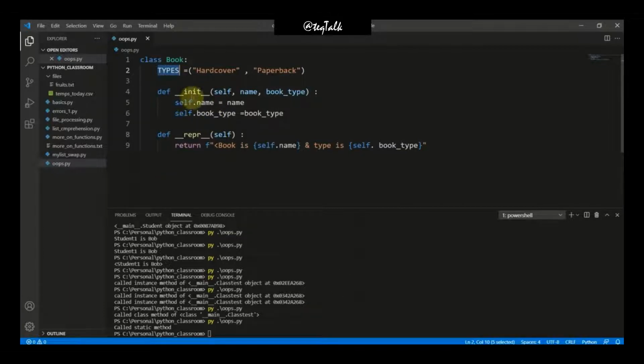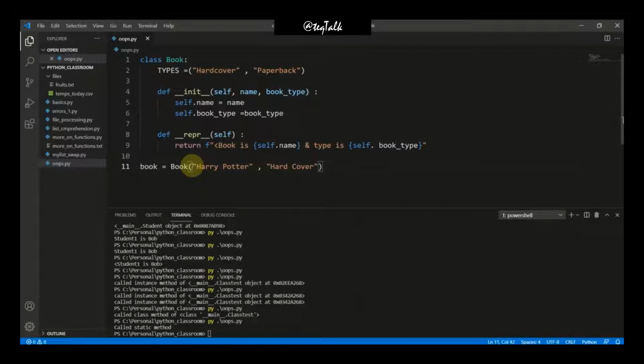And here you can see that we have created one simple init method and one simple wrapper method to represent our object. So now if I want to create an object of our class book, we are going to write like this: book equals Book, within brackets, nothing for self, and for name, let's say Harry Potter, and for book type, let's say hardcover, right?